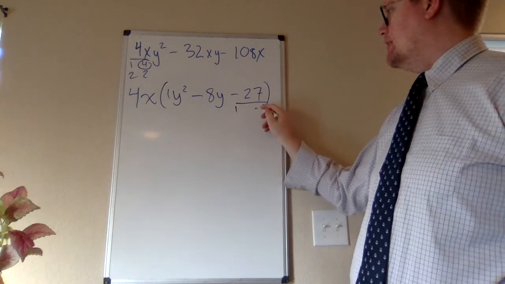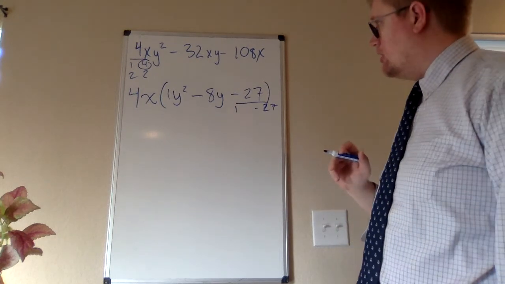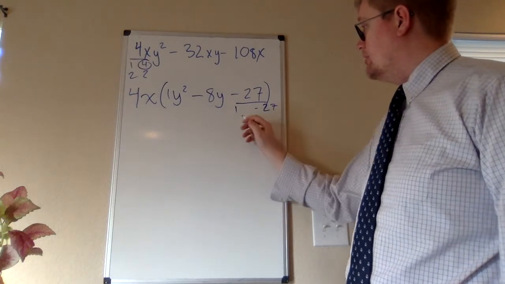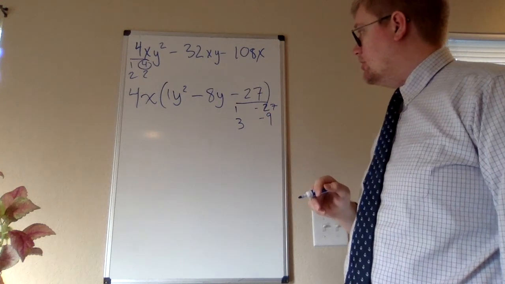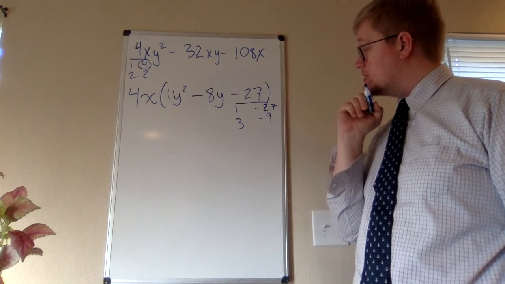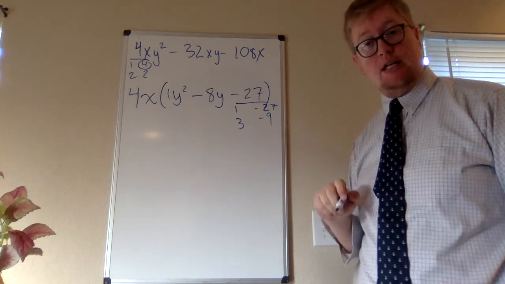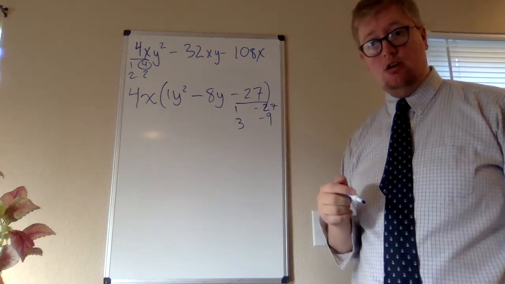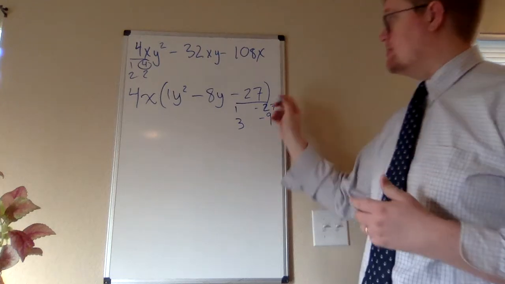So 1 and negative 27. 2 does not work. 3 does, however. 3 times negative 9. 4 does not work. 5 doesn't work. 6, 7, 8. Yeah, that's it. So do any of these numbers add together to a negative 8? No, they do not. So that means that I can't factor it any further, and this right here